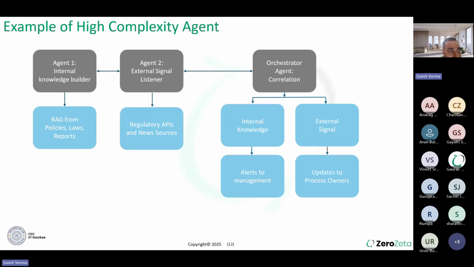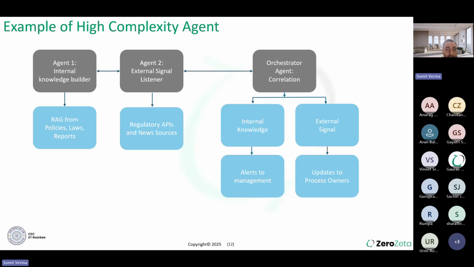So for the first agent, I will be showing the RAG pipeline, just like I just covered, why we need RAG, right? Because we have some internal documents where we want my LLM to work and respond to the query based on that particular document. My second agent is going to have an external API where a news feed is coming. So that is where I'm integrating my news feed into my external agent so that I know what is happening